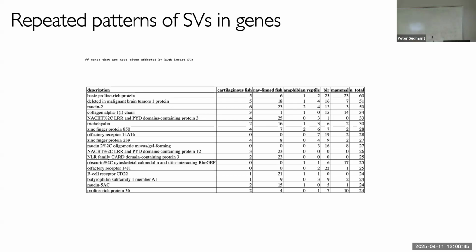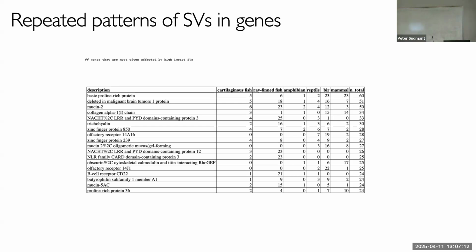So, for instance, this is the mucin genes. Mucin genes are highly polymorphic, this gene mucin 2, in ray-finned fishes and a little bit in birds. But basically, in different fish, mucin genes are being repeatedly hit by structural variation. And that's probably because these mucins are involved in immune defense in aquatic environments. And there's all kinds of crazy. I mean, this is again just brand new, ugly looking data, but I think it's super cool.